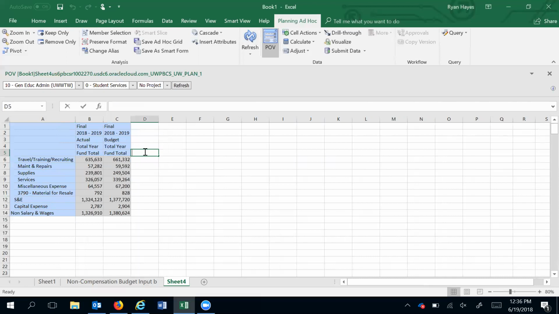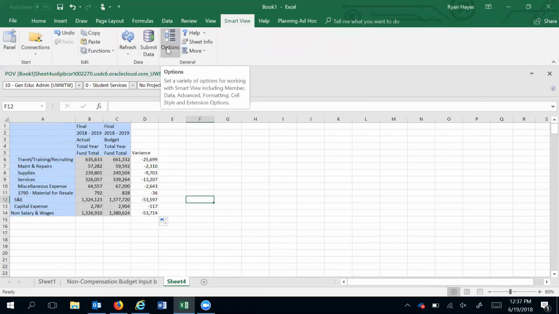And the great thing about SmartView being in Excel is that you can use Excel formulas and functionality. So I can just type in here, name our column variance, do a simple formula, and it's going to give us our answer. So we can really quickly create some reports that are useful to us. And once you've gotten your grid set here, and you're like, this is what I want to be looking at, another useful option that you can go to